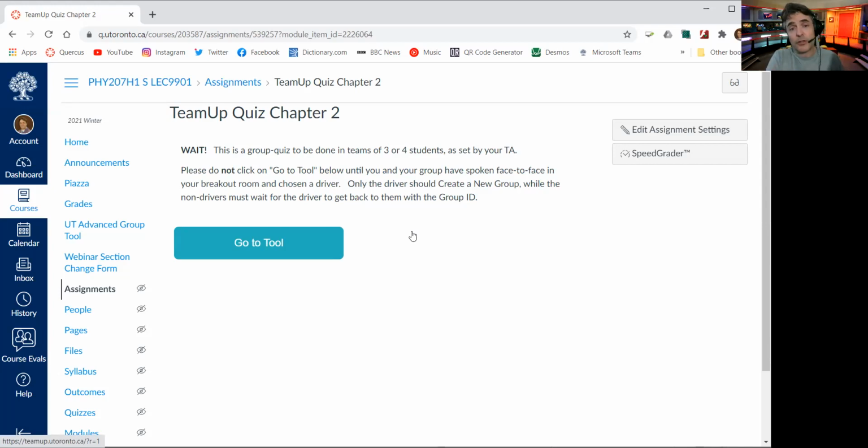When you follow the instructions properly, one of you will be the driver and will be selecting the answers after all of you in the room have had a chance to understand and discuss the question and come to a consensus. In the end, you will share the mark with the others in your breakout room.